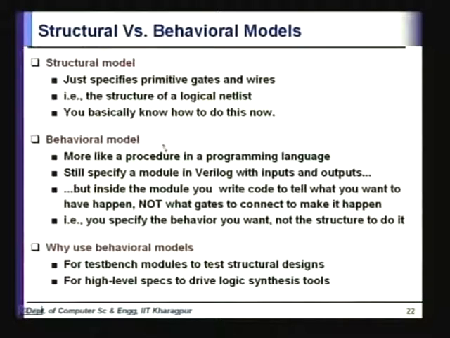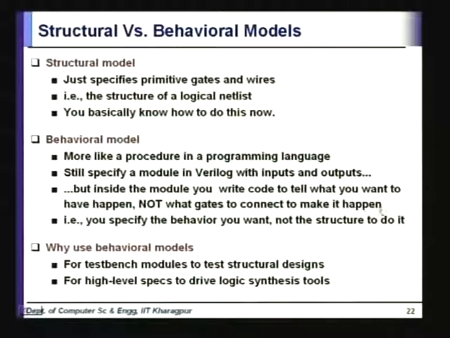The behavioral model is like a procedure in a programming language, and you still specify a module in Verilog with inputs and outputs, but inside the module you may not have gates and things like that. You can write code to tell what you want to happen,